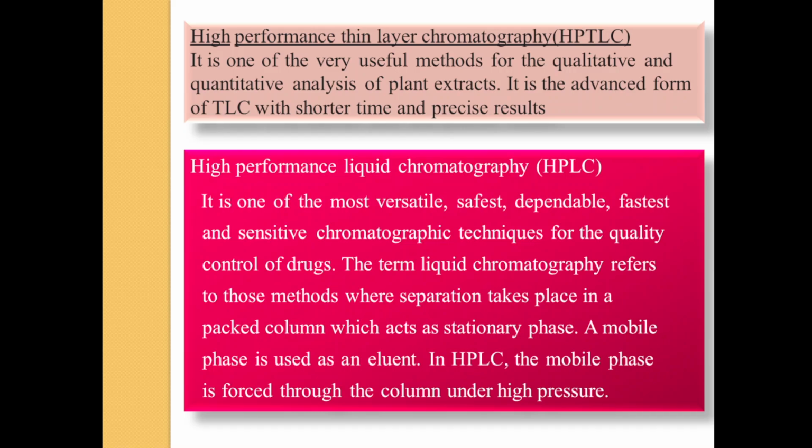Then you get the RF value of each and every constituent. If any marker compound is there, you get that comparison study also. After that, using the graph, you get how much quantity of each constituent is present, and it also gives the lambda max, the wavelength of that particular compound. In this way complete fingerprinting is done by using high performance thin layer chromatography. It is both qualitative and quantitative.